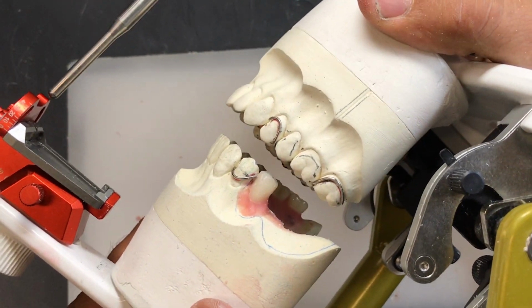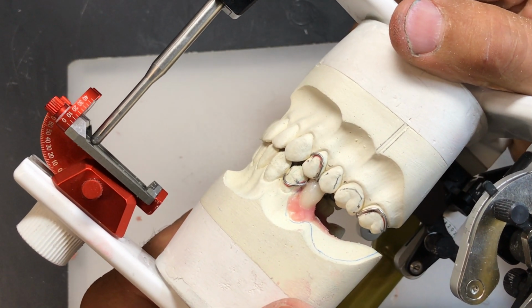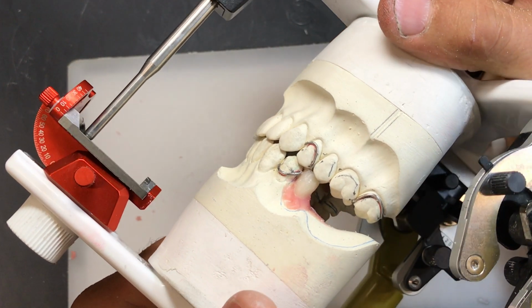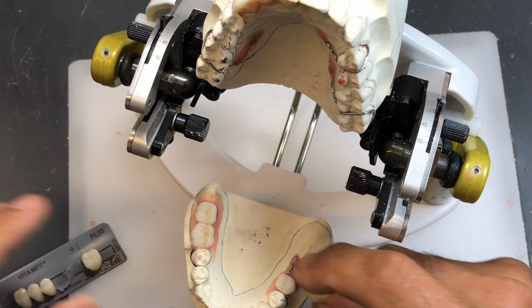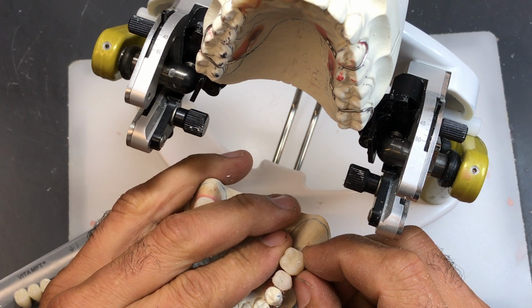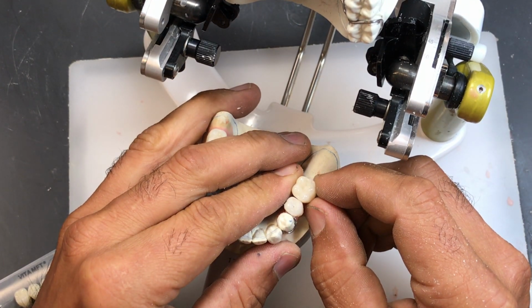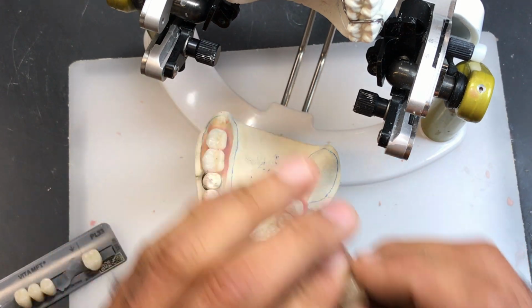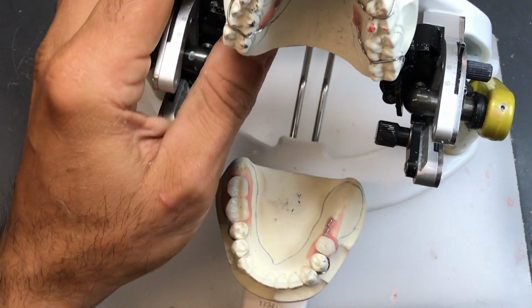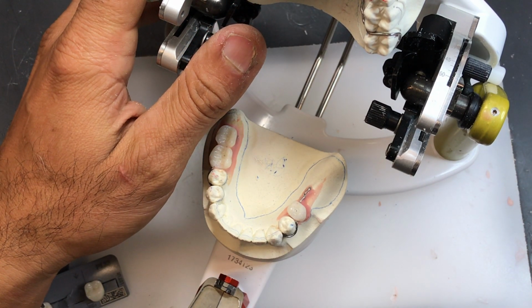And now I can hear my pin coming together. That means I'm back to where I started. Okay, the next tooth, pretty much the same, a little bit easier because I don't have to worry about the wire anymore. You can somewhat guesstimate where this tooth is going to go based on the marginal ridges. So right about there, so that means I got at least 4 or 5 millimeters worth of support that I have to compensate for. So I'm going to take a little bit of wax,